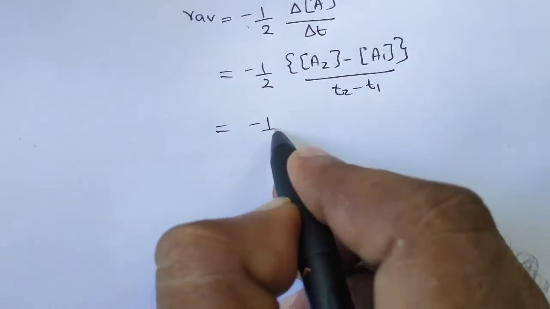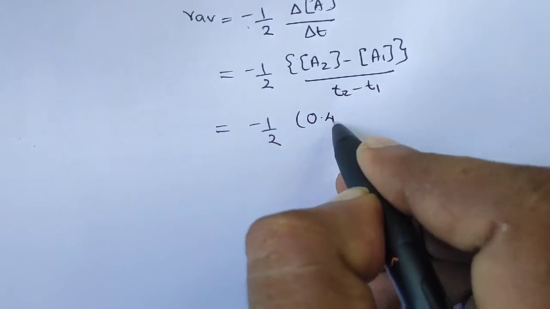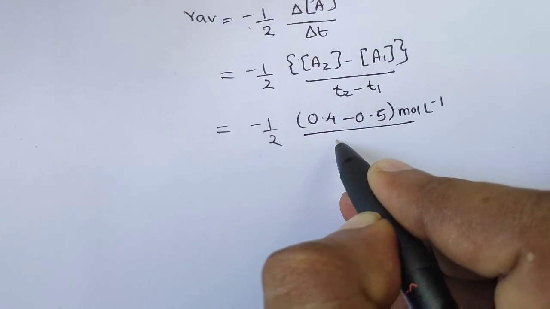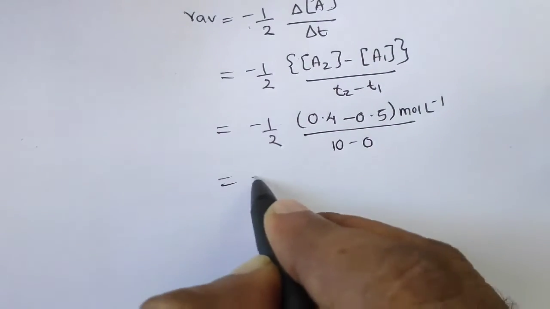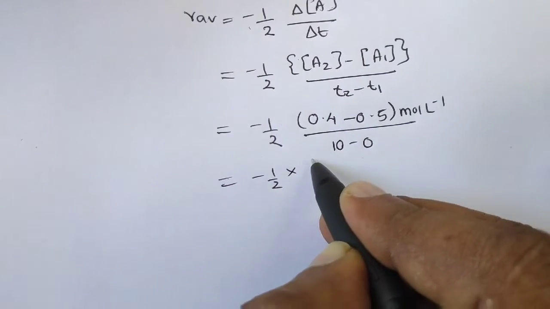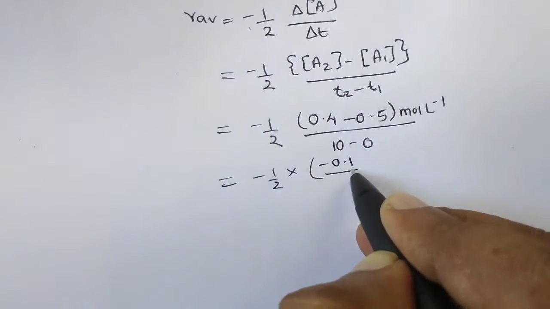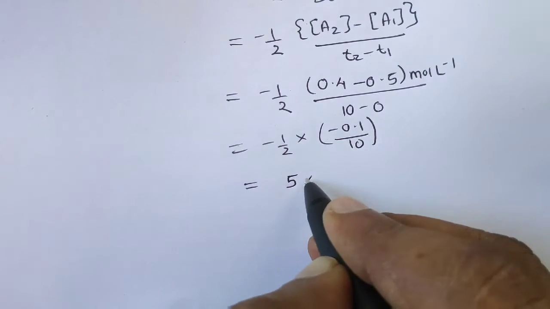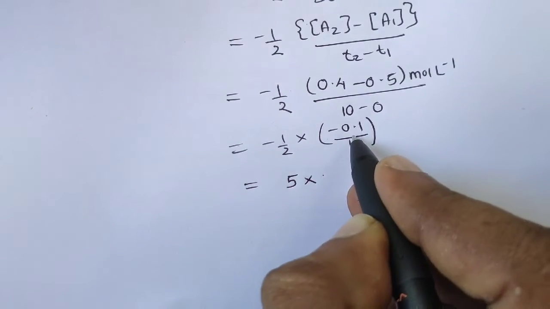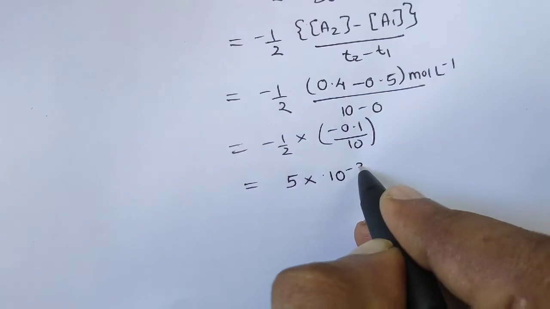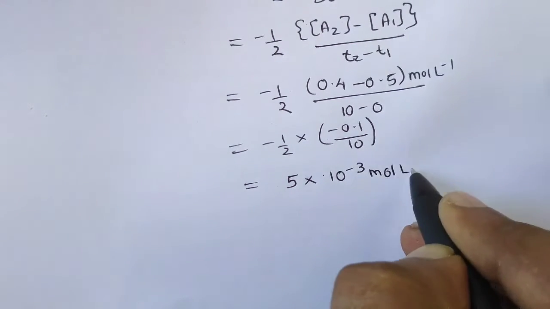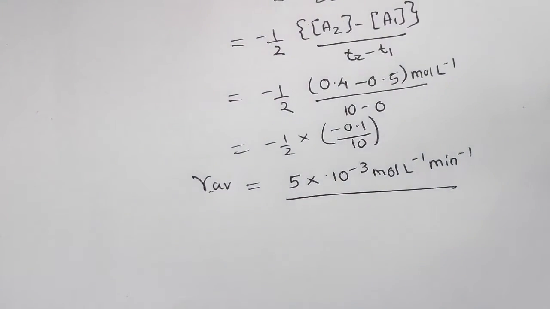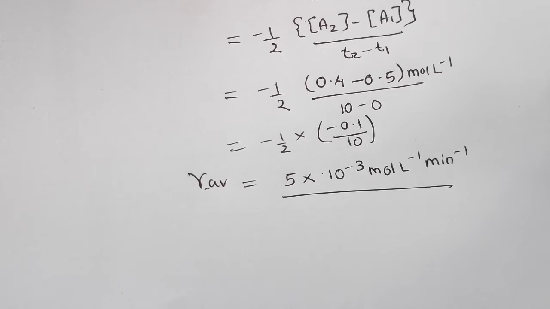So which is equal to minus 1 by 2 into (0.4 minus 0.5) mole liter inverse, whole upon 10 minus 0. So which is equal to minus 1 by 2 into minus 0.1 divided by 10. If you calculate this, you will get 5 into 10 raised to minus 3 mole liter inverse minute inverse. This is the answer, the average rate. Understood? So this was in-text question